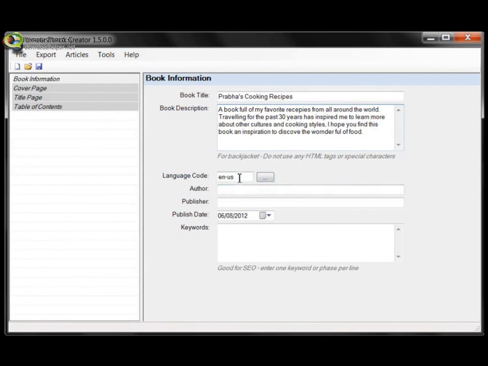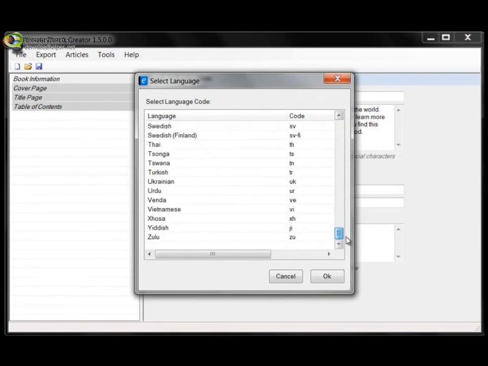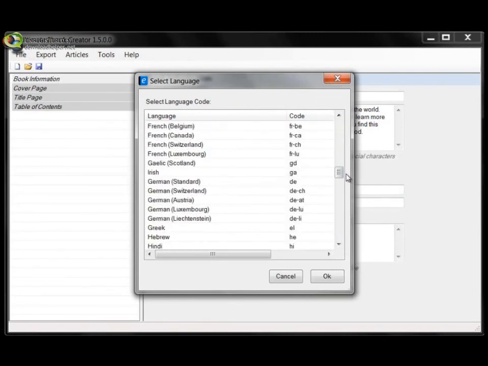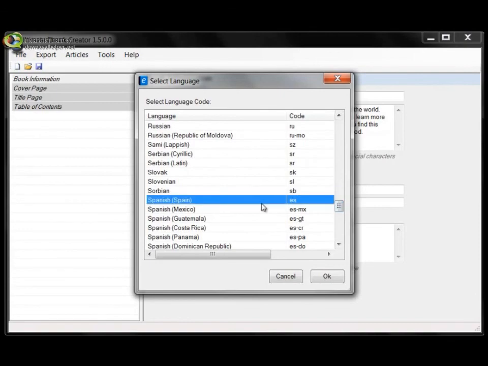Now for the language, it defaults to English US, but if you click this button here, there's a whole bunch of other languages that you can choose from. So for example, if you wanted to create something in, say, Spanish, right, then you can click